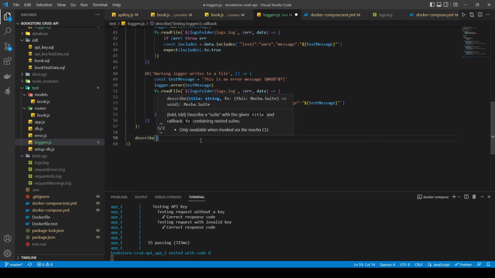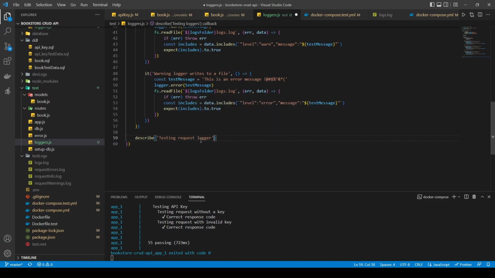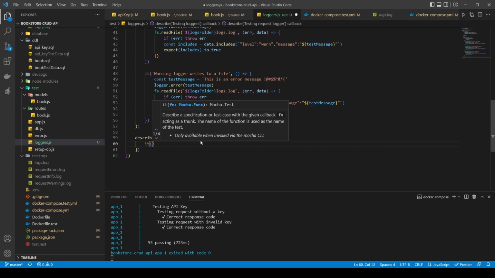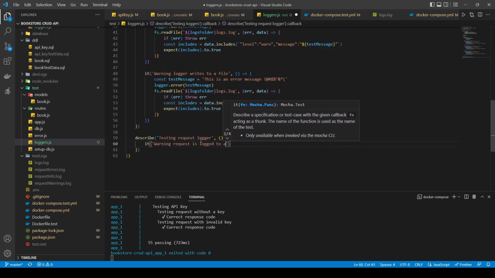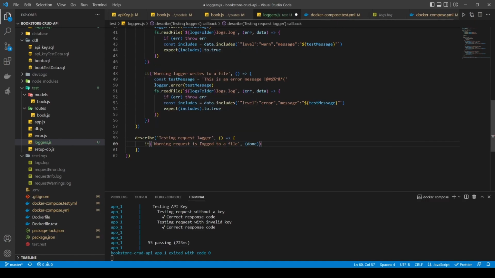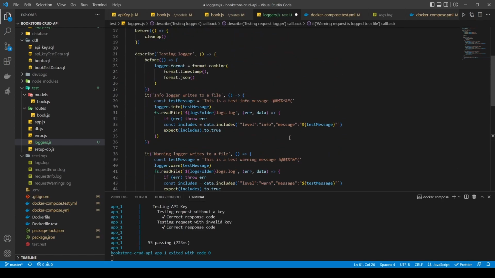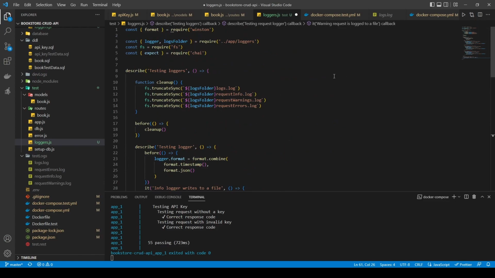Therefore, let's continue. Let's currently test something that will be a little bit more complex. We'll be testing request logger, so this mechanism that's supposed to just log all our requests. And here, what we want to say is, let's say warning request is logged to a file. And here we want to take the done once again, because we will be working with some callbacks. We are using our standard chai request because we will actually be making a request. For this, we need